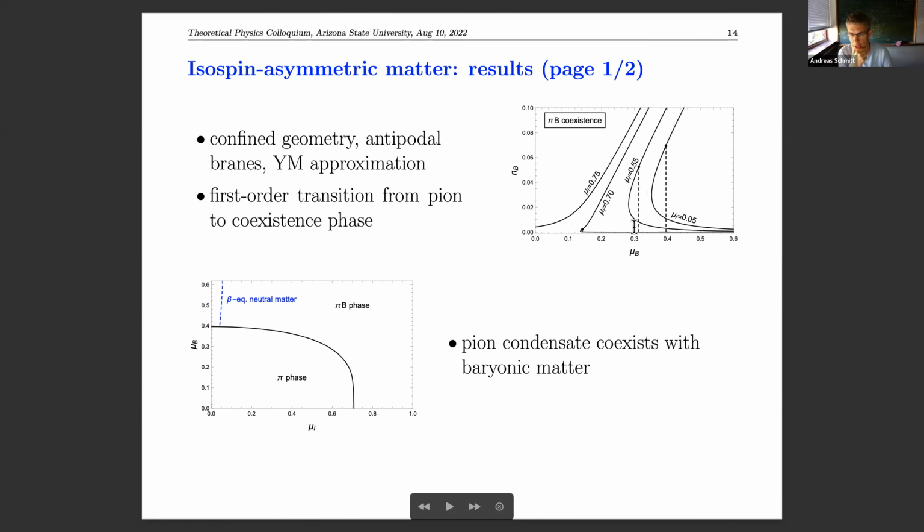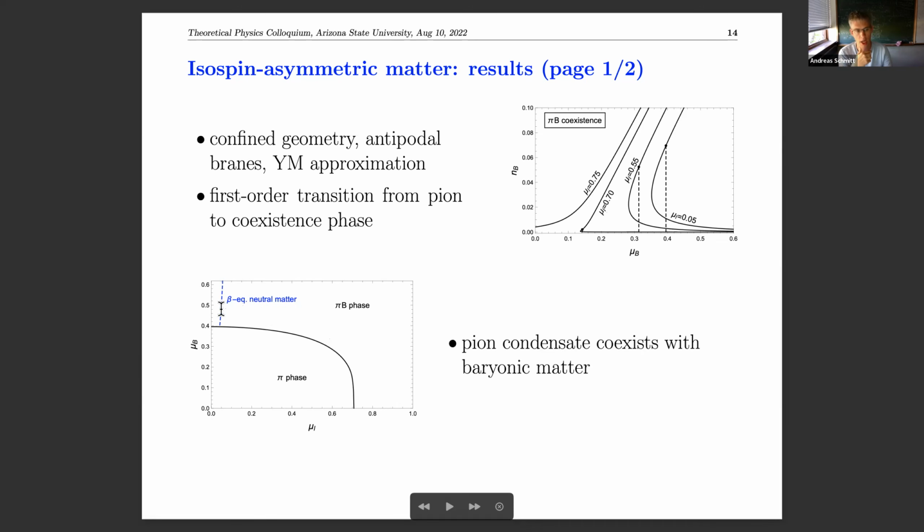That's probably a bit difficult to understand what it really physically means. So let me translate this right away into the phase diagram. I will now stay at 0 temperature. So that's mu B, mu I. What I just explained is going along this direction. I have this pion condensed phase or the baryonic vacuum, first order transition with baryons. And interestingly, we find this coexistence phase is preferred in a large region of the phase diagram, basically everywhere except for this quarter circle like region here.